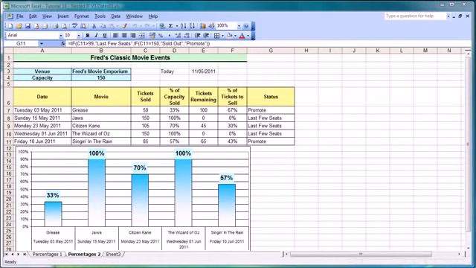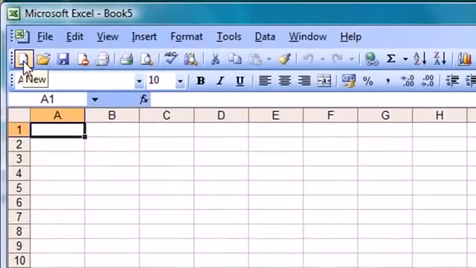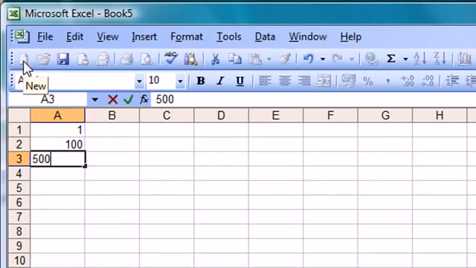In this tutorial we're going to start looking at calculating with dates, and the first thing I want to show you is how Excel handles dates in terms of calculations. I'm going to do that by creating a new spreadsheet. Click on the new button there, and I'm going to first of all type in the number 1 in A1, 100 in A2, 5,000 in A3, and